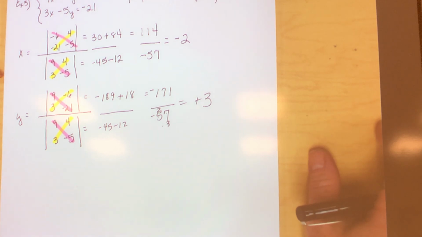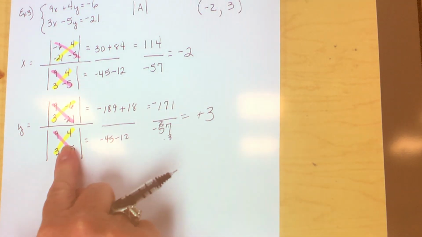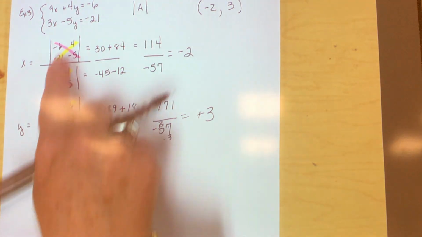Do you like that? No. It's kind of cool, right? It takes a little bit of time, but some kids will like it because it's very straightforward. Did I have to think about anything? No. Did I have to decide who I wanted to get rid of? No. You put the left-hand side on the bottom, and then you put that same thing on the top,